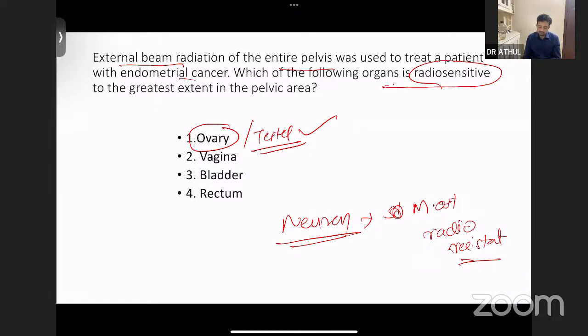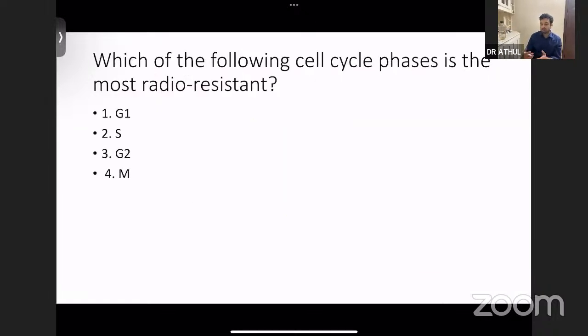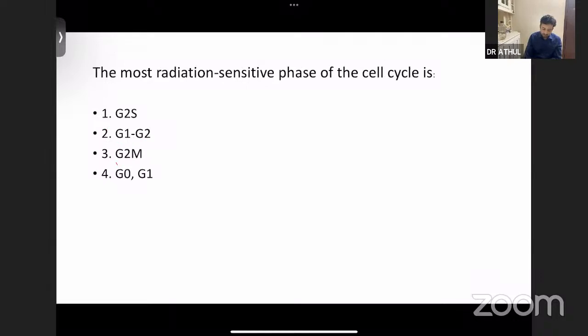Simple things. Another important point: sometimes they will ask you which of the following cell cycle phases is most radio resistant. We all know S phase is the most radio resistant, as well as G2M phase is the most radiosensitive phase. So all these basic points you should never forget, because sometimes it will help you to